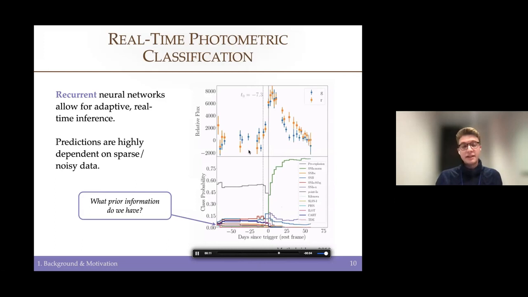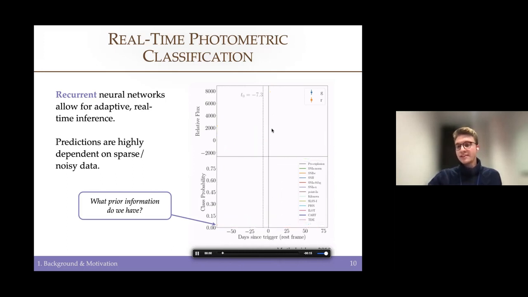So this is real time in the traditional sense, but RAPID was trained on simulated data, and it turns out does not perform super well on real data. And the reason for that is because of its reliance on uncertain photometric observations in a supernova light curve at early times. Basically, if you have bad seeing, depending on the cadence of your survey, all of these things can really mess up your very early time predictions. And with RAPID, the reason why you're entirely reliant on the light curve itself is because